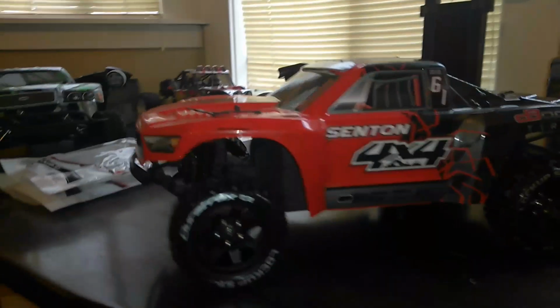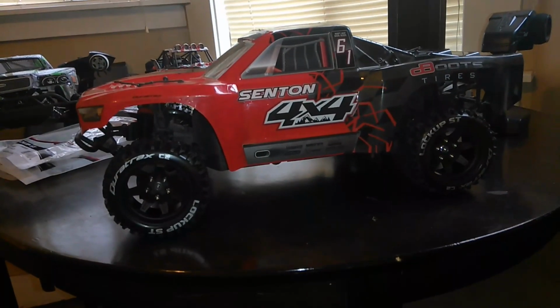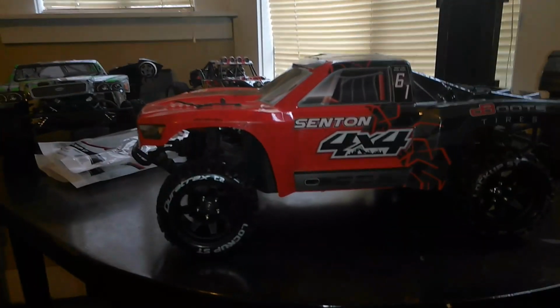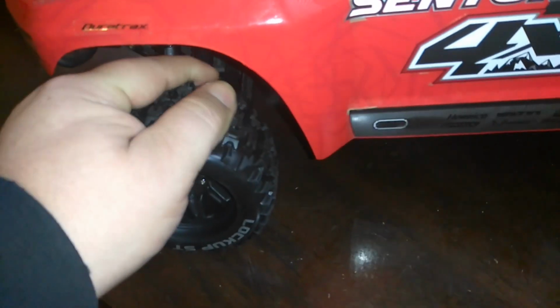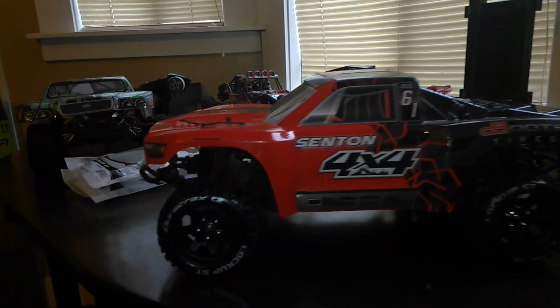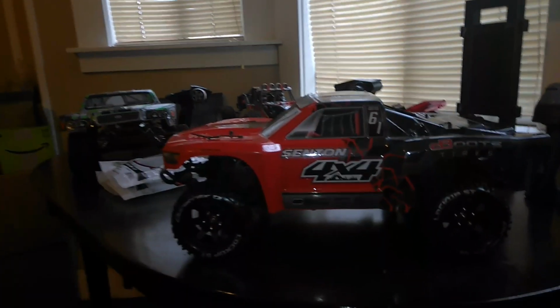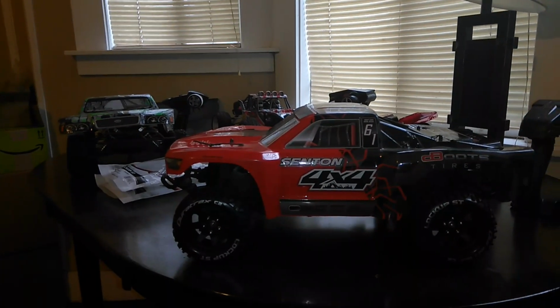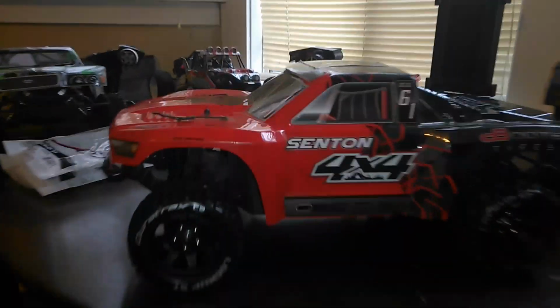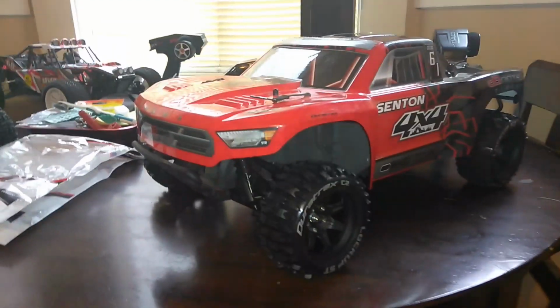But anyway, guys, just a quick update. Looks great, and I'm really impressed with this. The C2 compound is really good stuff, really strong. And these are made for Arma. These are actually specifically Arma wheels. They even say Arma on the inside, and you can see